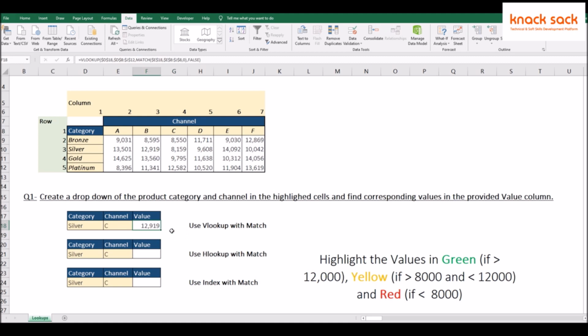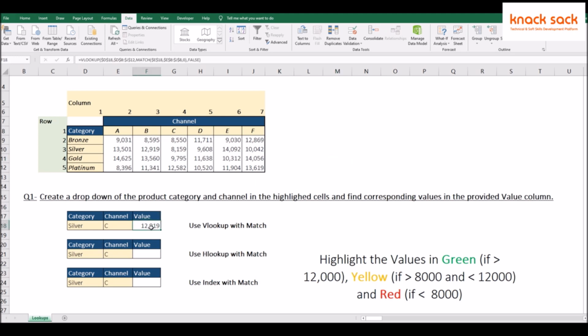we are getting value from channel B, not C. Why? Because we have started our table array from here, from this column 1, but for channel we have started from column number 2. That's why it has been shifted with 1 position.